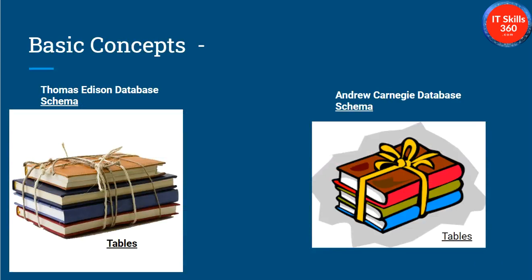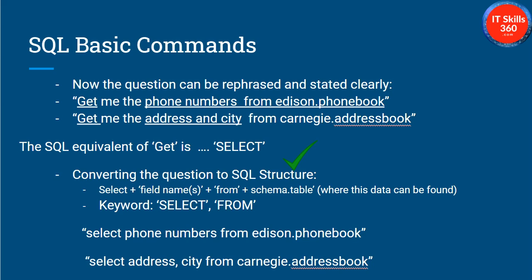So let's dive in. As we already discussed, we have two different schemas. One is the database for Thomas Edison's books, called the Thomas Edison database, and the other is Andrew Carnegie's database. Earlier we had a question: if somebody asked us, get me the phone number from the phone book, that was an ambiguous question. But if we rephrase it as get me the phone numbers from Edison.phone book, then